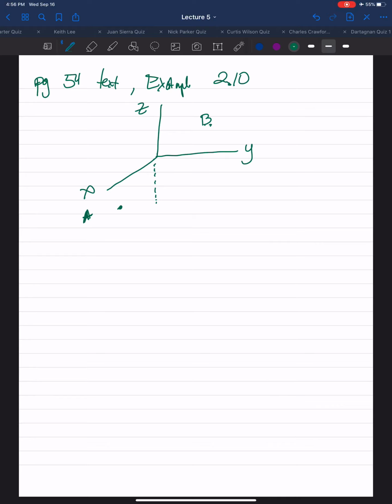So first, let's draw our position vector from A to B. Point A to point B. Right? And we said that the position vector is just subtracting the coordinates. So what are our coordinates of B? Well,